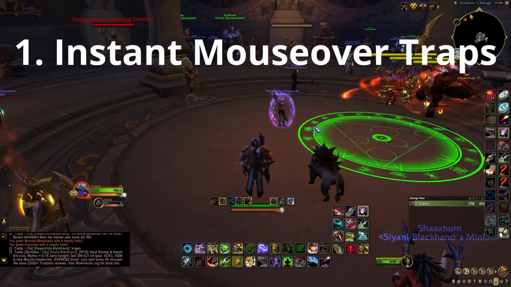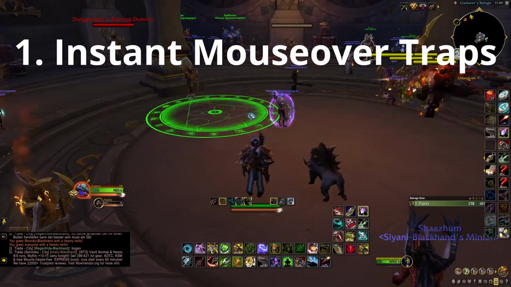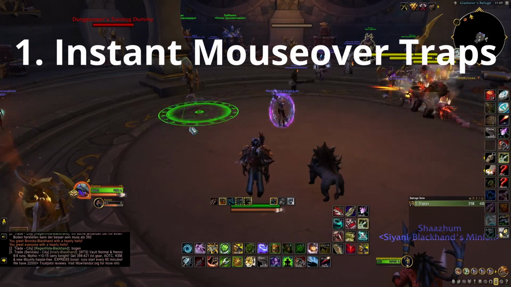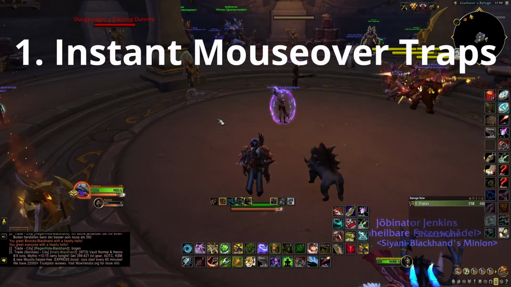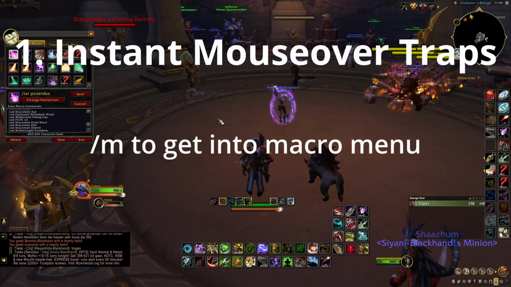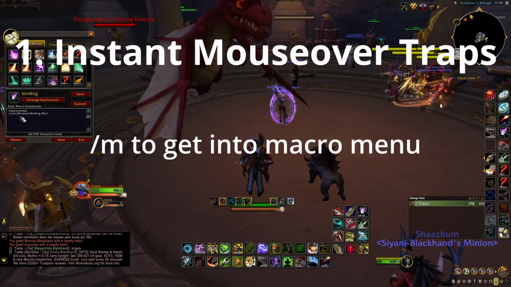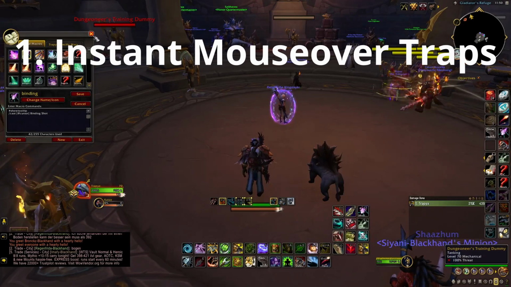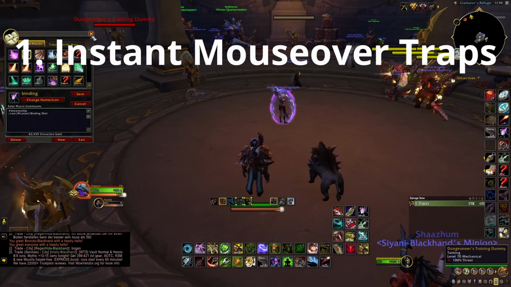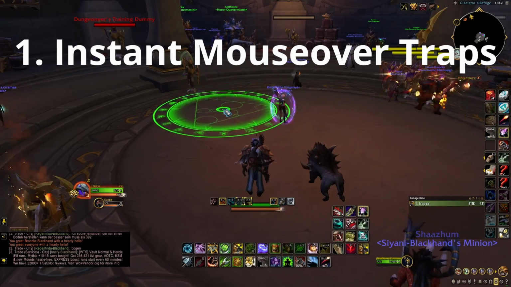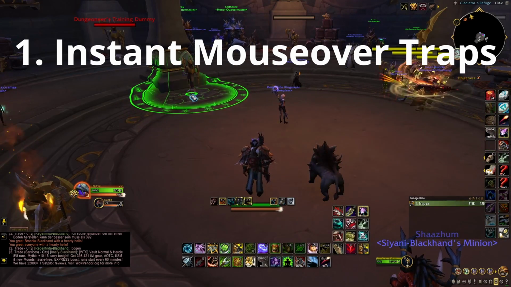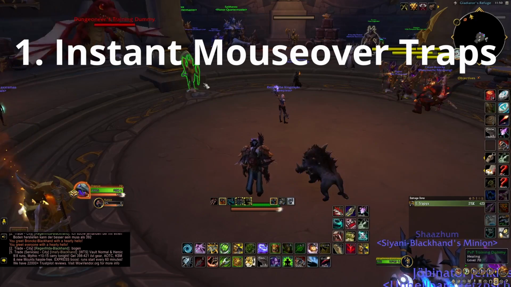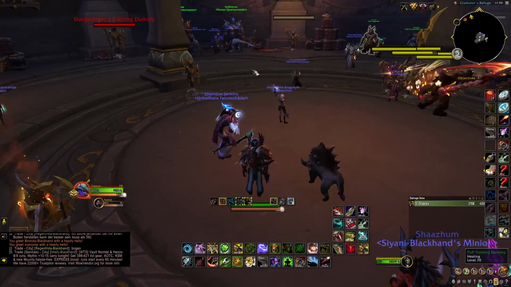So that means when you want to place traps, you always see this area. You don't want to have that because it's too slow in fast-paced PvP games. What you can do here is say show tooltip, cast at cursor, binding shot. These are all mouseover cursor macros which you can use for all your traps if you want to. The binding shot is pretty big, so you don't need to place it that exactly to make it viable. Now I'm just pressing the button, and then you will see,